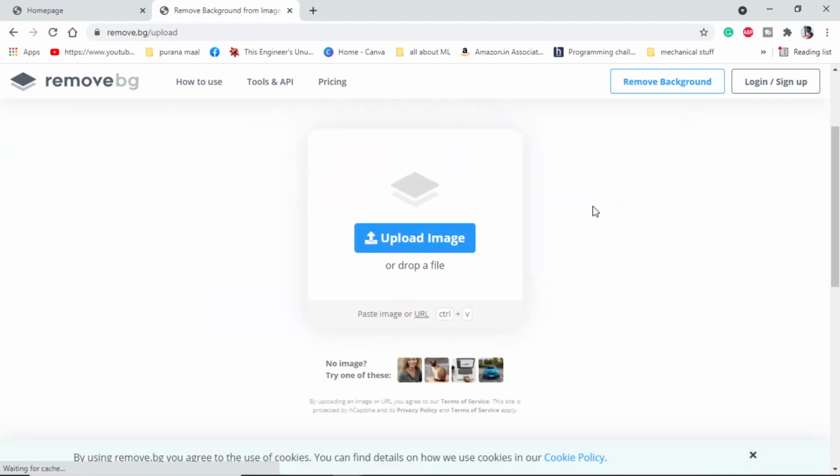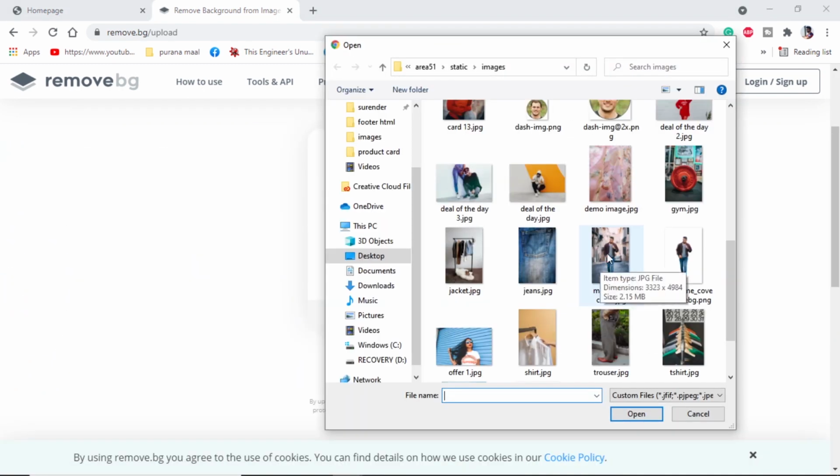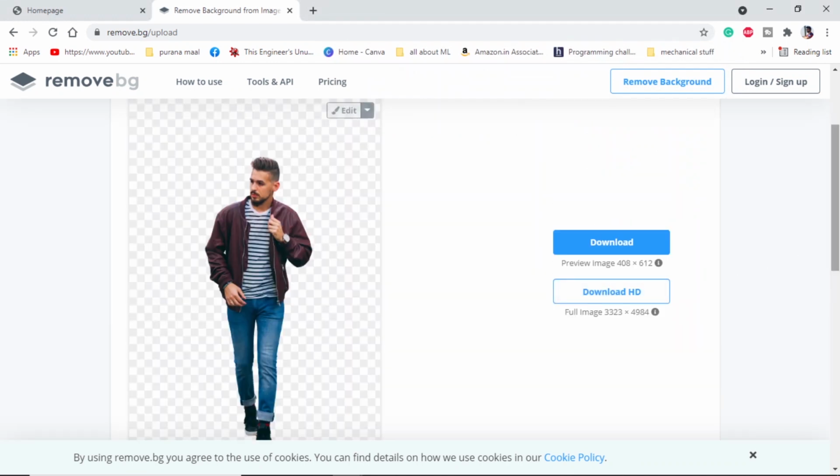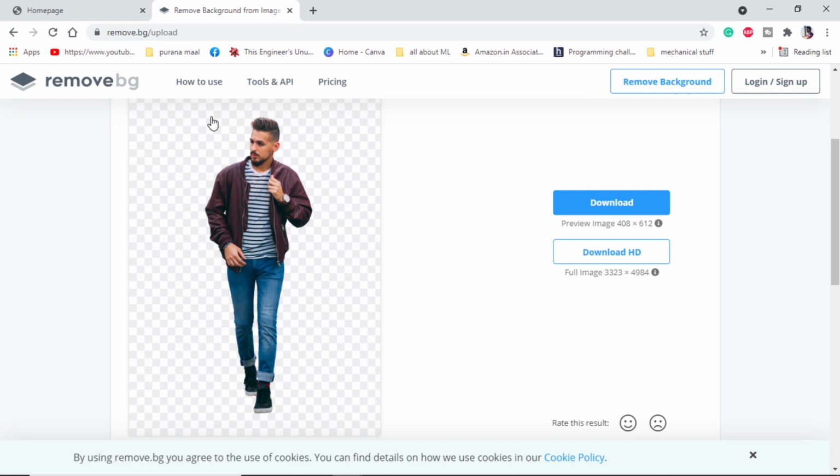We can upload an image. Here I have used this image, and since you can see I have already removed the background, but once more I'll do it. I'll open it. After processing, we can see we are getting one clean image without the background. We can download it from here and we can use this. Now let me add the main section in my HTML and show you.